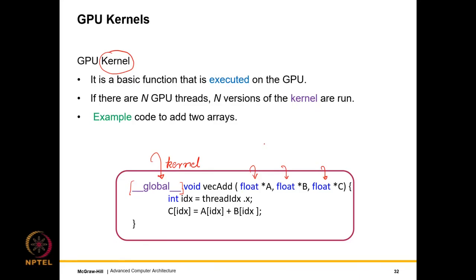What we do here is, let's say in this case, we are arranging all the threads in a one-dimensional axis. So let's say there are n threads. We are assuming a simple case where there are n threads and each of these arrays has n elements. That's the simplest case, right? So we are assuming that all the n threads are conceptually arranged or numbered along a single x-axis, and each of them has a number from 0 to n minus 1.